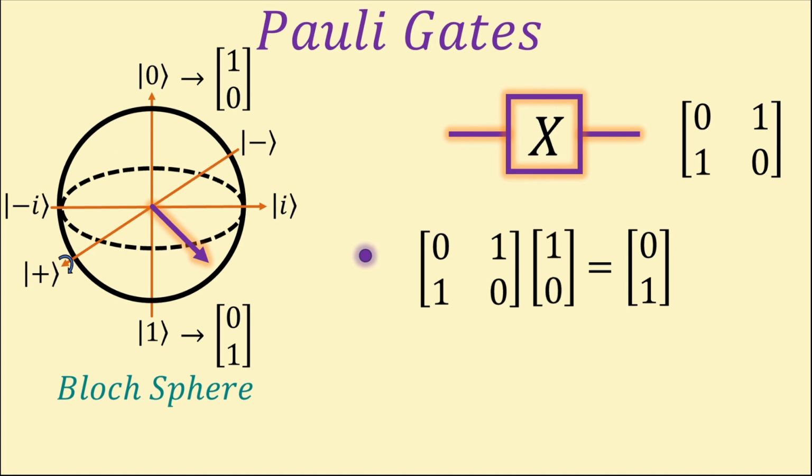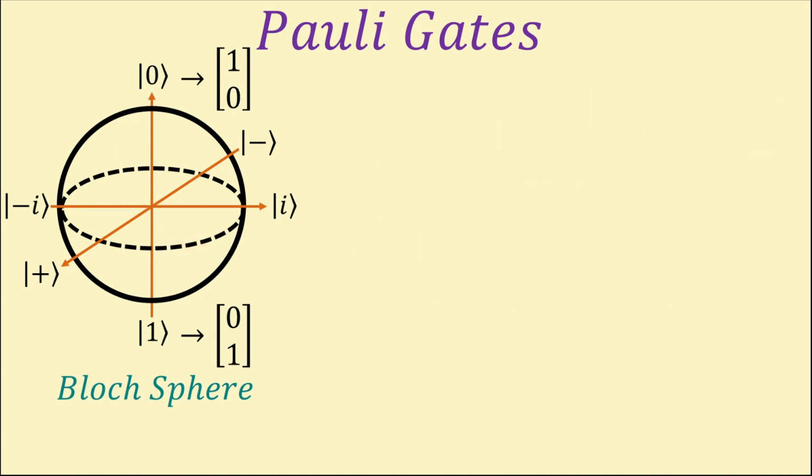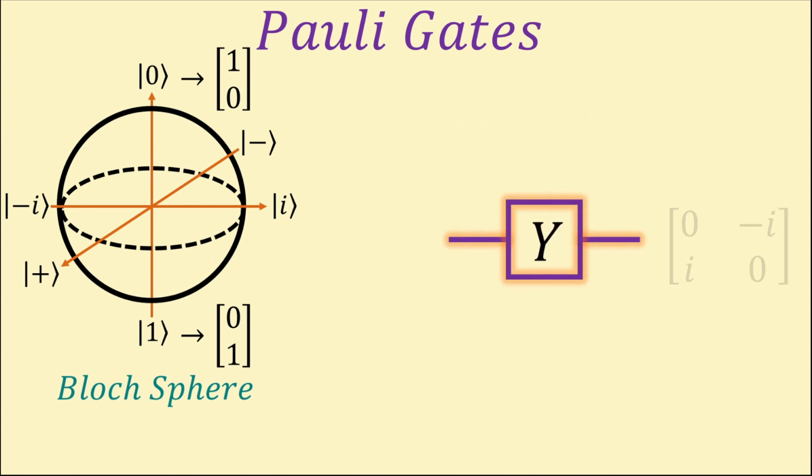This one. Moving on to the Pauli Y gate, it's represented by the matrix 0, -i, i, 0. Again, this just represents a rotation of pi radians around the y-axis. For example, this superposed qubit will transform into this one, halfway around the y-axis. Similarly, like before, if we have a basis state qubit, applying the Y gate will flip it to the other basis state on the opposite side of the axis, like so. This gate is unique among the Pauli gates, given it's the only one which features the imaginary number, i, and so can phase shift qubits, which comes in handy for quantum error correction.